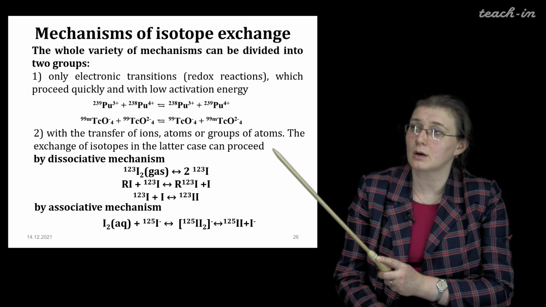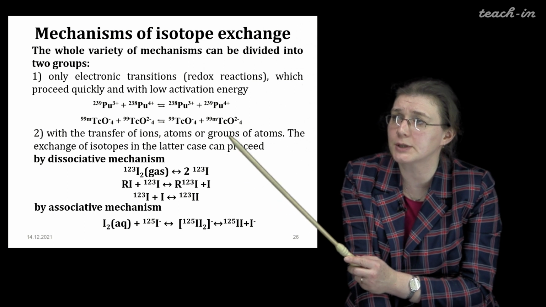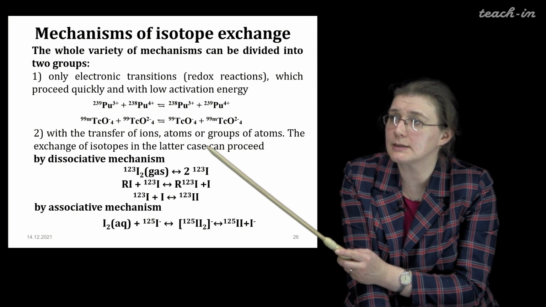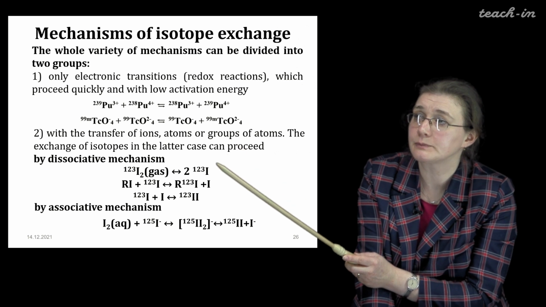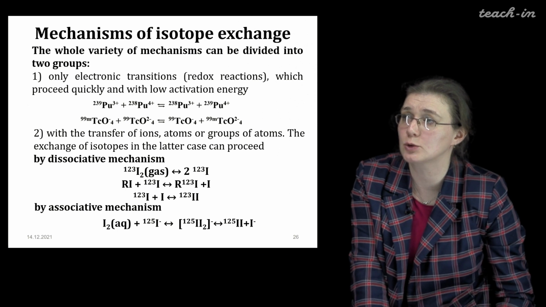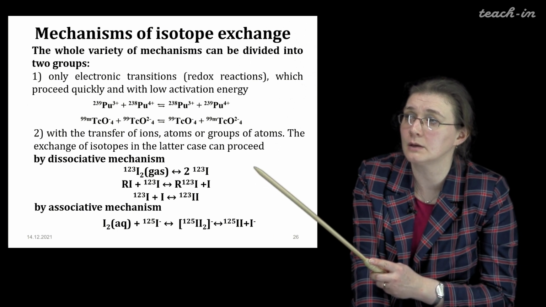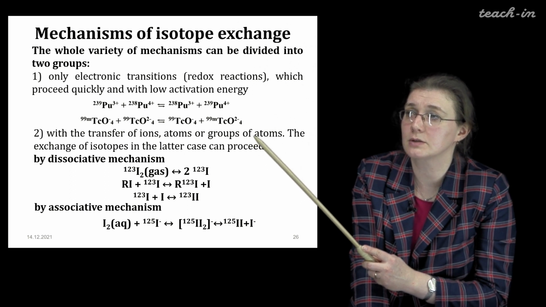Here is an example of how isotopes of technetium, technetium-99m and technetium-99, both in the form of pertechnetate, can be subjected to isotope exchange, and finally we will find